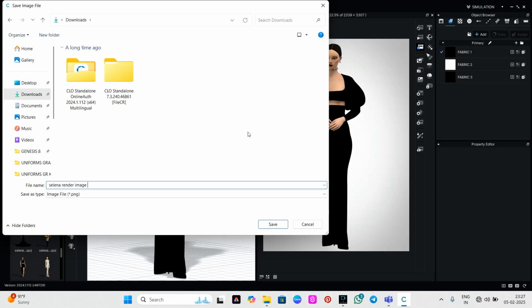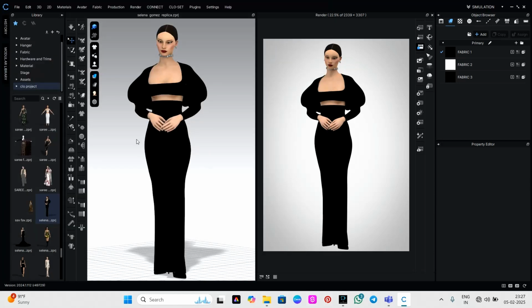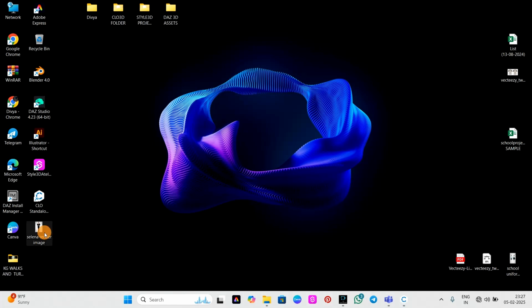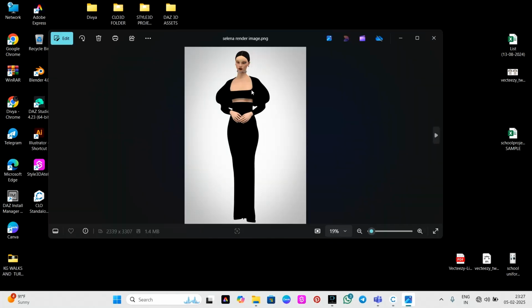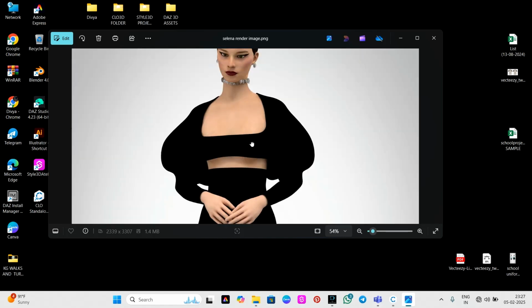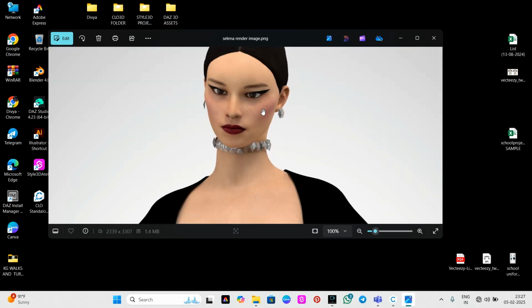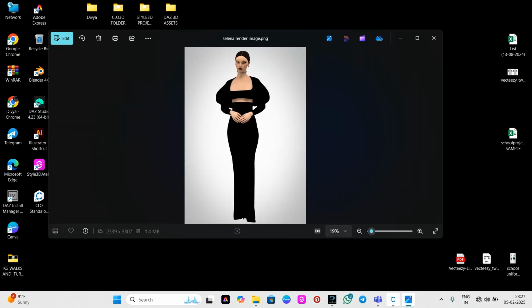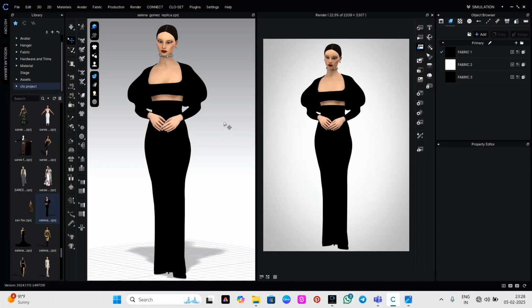So like that, you can hit save, and I'll save it on my desktop, and that is saved. To see that, it will come like this. You can check the quality. While zooming in, it will become more HD. So after that is completed, and this is your